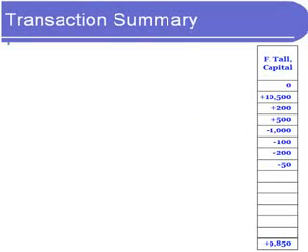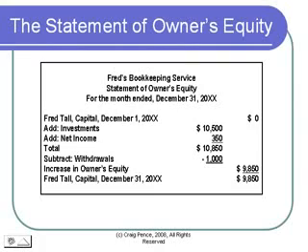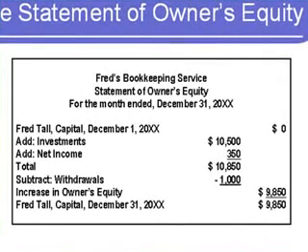Let's take a look at this statement. Our statement of owner's equity is dated December 31st, and it indicates that Fred started the business up with no capital balance at all. Fred had no equity in the business on December 1st. But investments were made during the period, which would increase owner equity. Revenues were earned and expenses were incurred, and then there was a withdrawal. So overall, we've had an increase of $9,850 in the owner's equity in the business, and the ending balance in the capital account then is